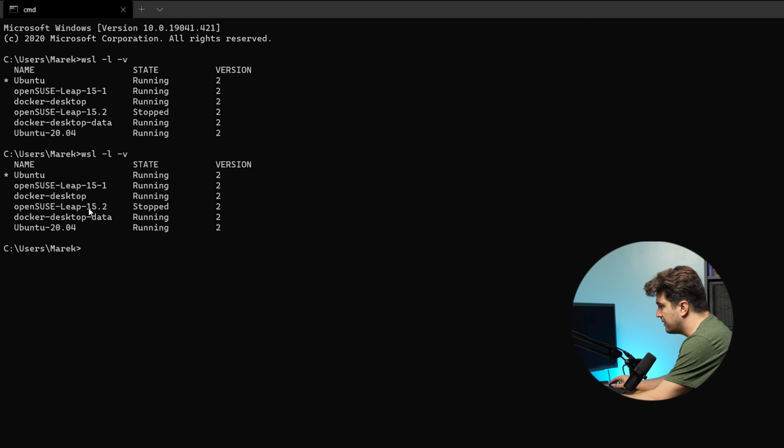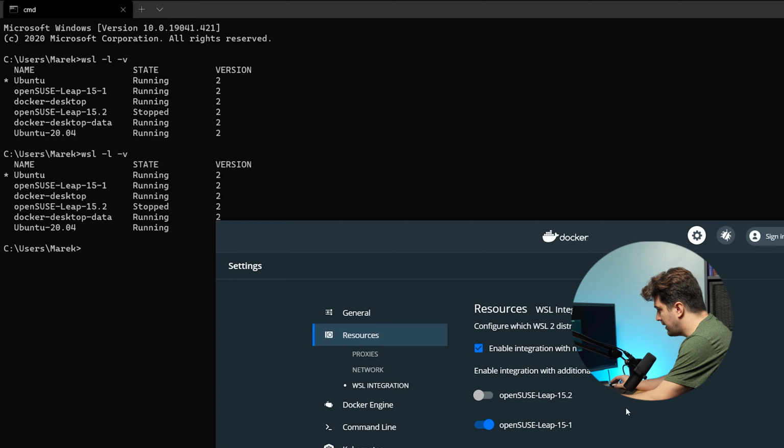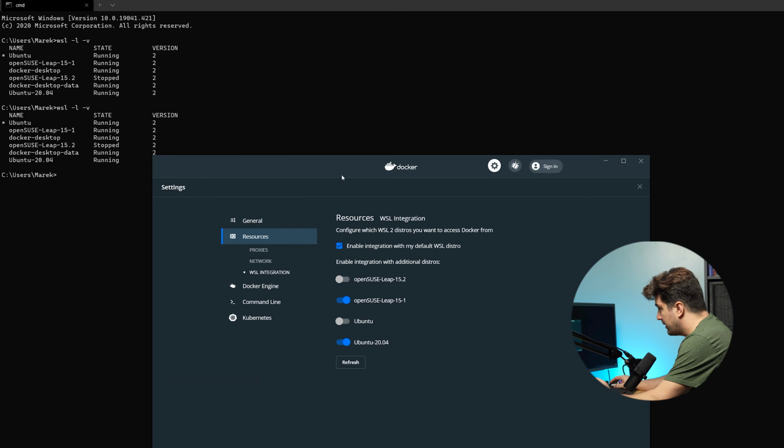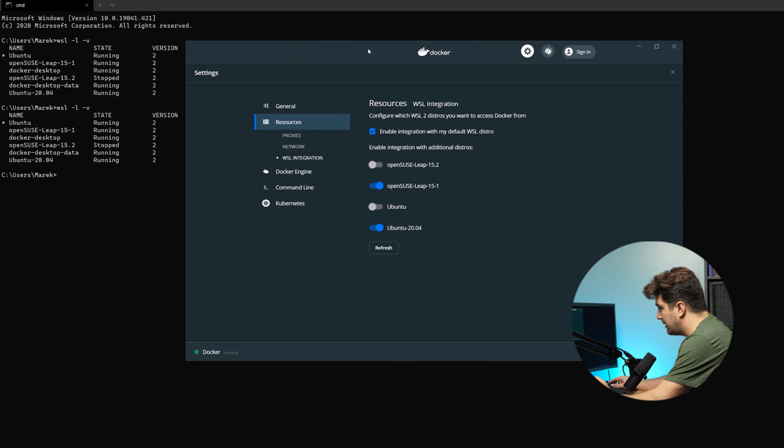and we'll see that they're still running. And you'll notice that 15.2 is stopped. And the reason for that is this right here. If you want to look at this, my default install is Ubuntu, and I have enable integration with my default WSL. So that's Ubuntu. And then I have OpenSUSE Leap 15.1,